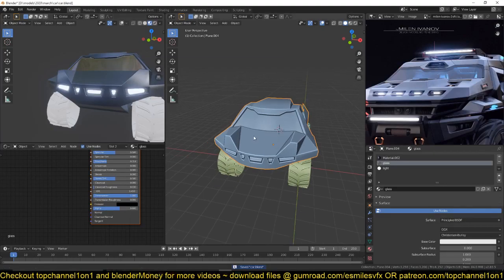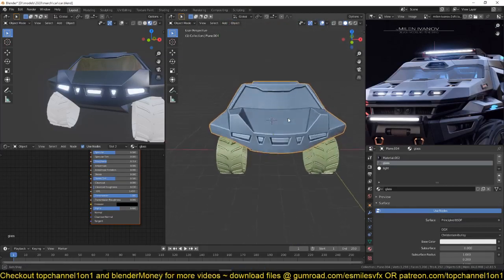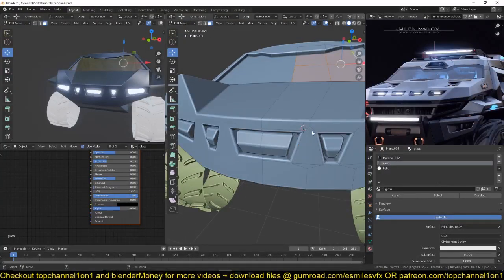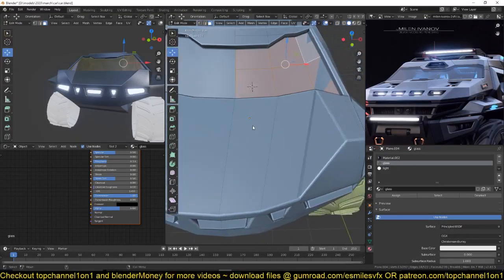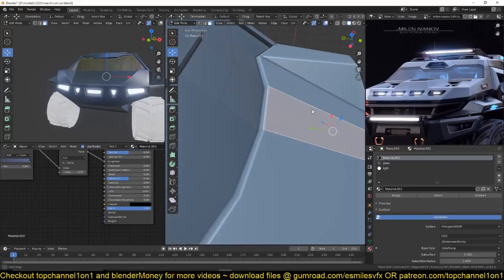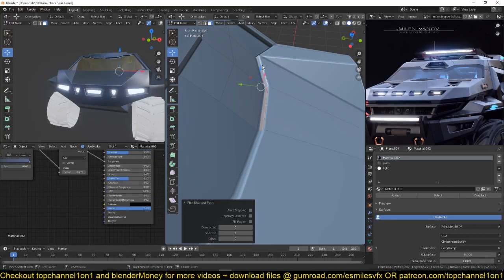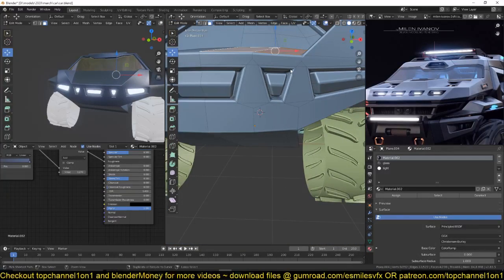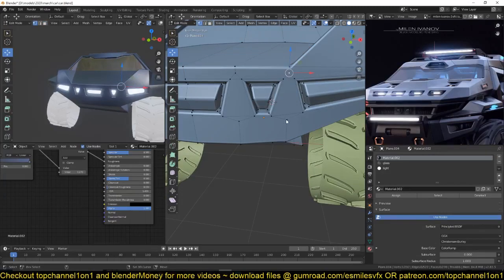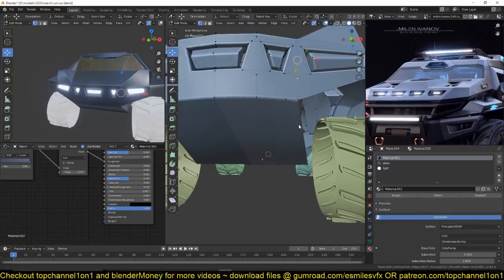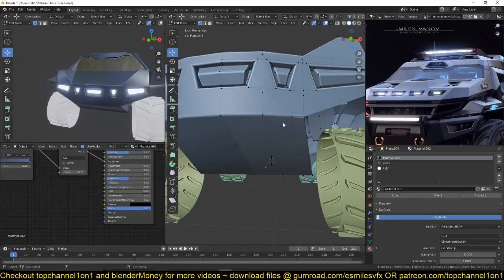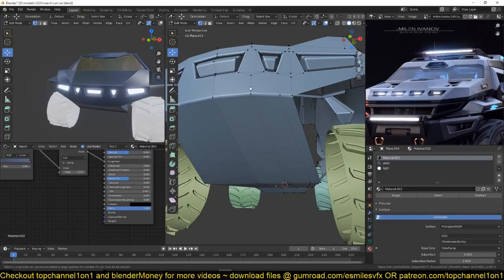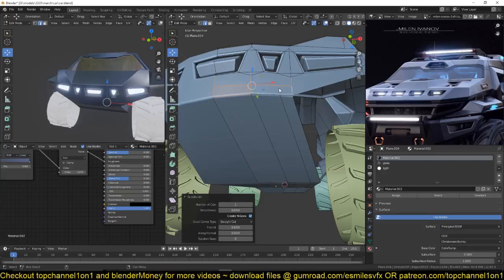Then let's start adding in our own details. What I want is, the way I want this to open up, so if I select this here, this is going to be our bonnet, including the lights and everything. So this should open up around from there up to around here. So we can add loops that go all the way down here,